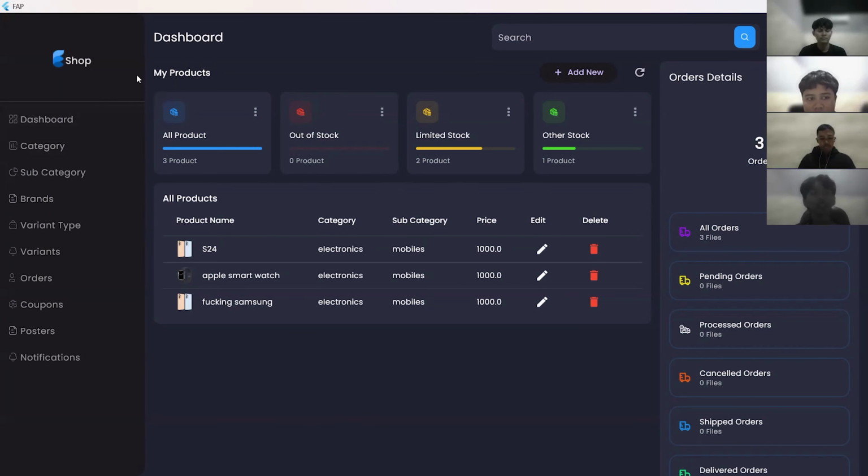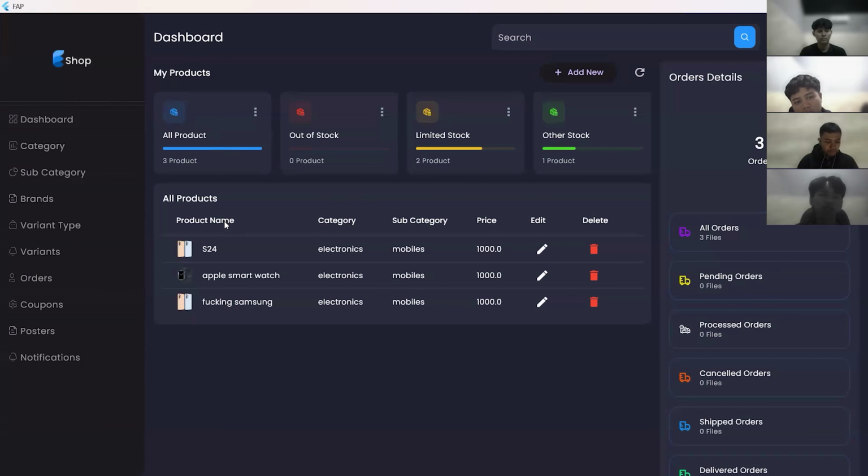Okay guys, I will explain the admin panel. On the left side, you can see the sidebar. In the sidebar, there are dashboard, category, subcategory, and others. Okay, I will explain the dashboard. In the dashboard, you can see all products, out of stock products, limited stock, and other stock.